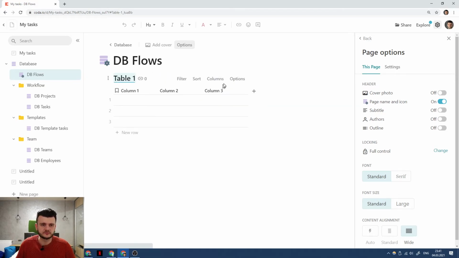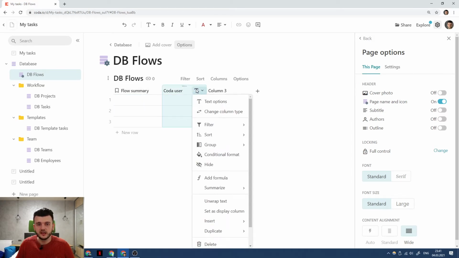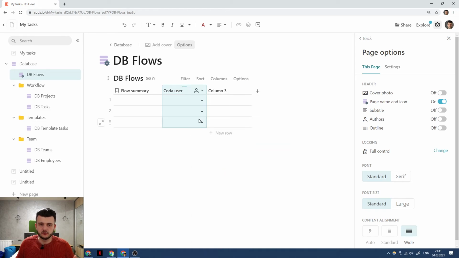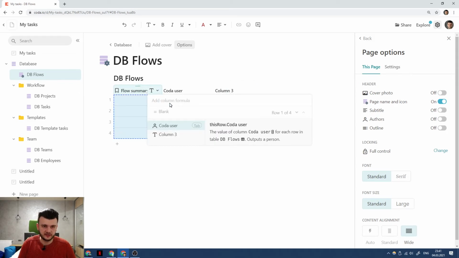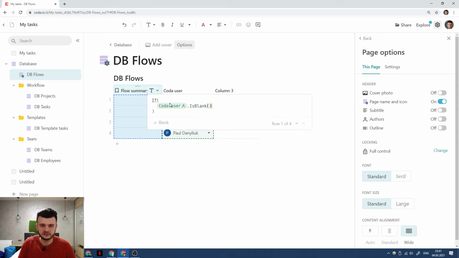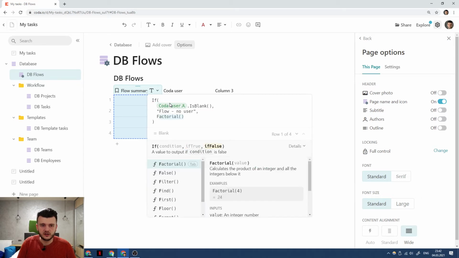So the table is DB flows, and we have a display column that's going to explain who that flow is. I always keep one flow as a generic no user flow, for if there's no specific row for a current user. I am keeping one generic row as a fallback. So there's going to be a row for Paul number 1, Paul number 2, Paul number 3. I'm going to set a flow summary. If Coda user is blank, then it's a generic flow no user. Otherwise, it's